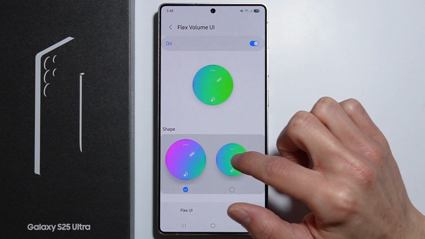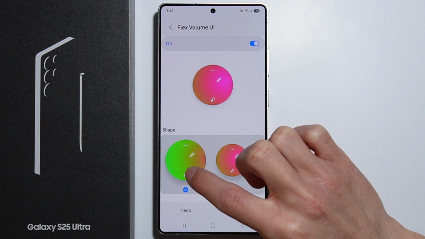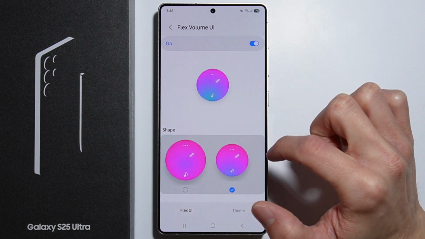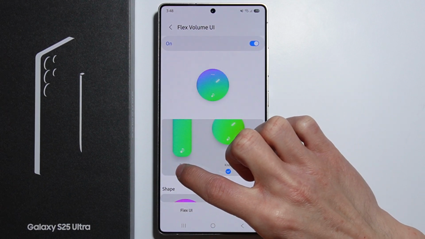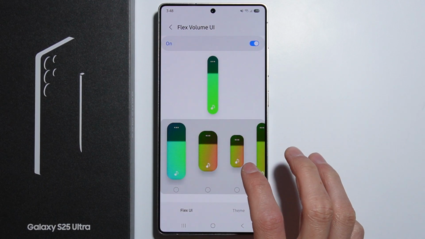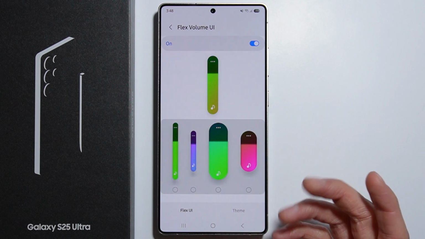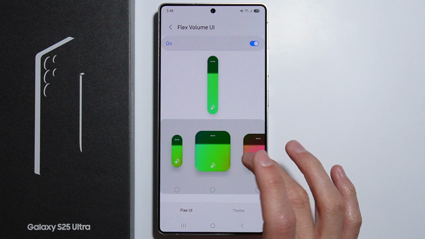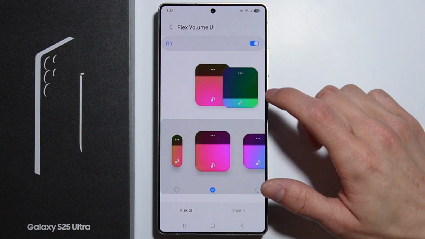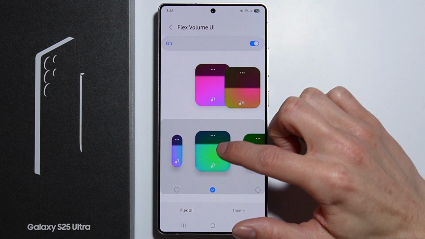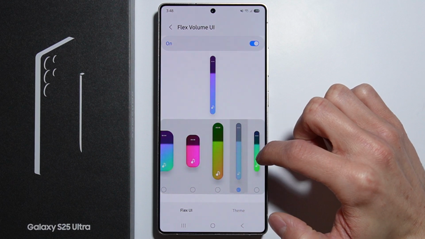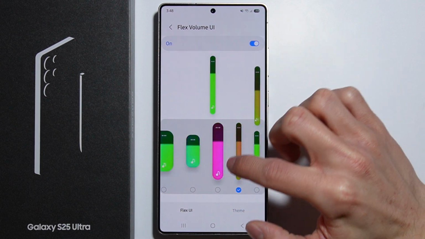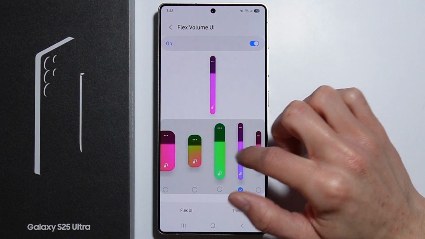And next we can also change the shape. The knob, we can make it smaller or bigger, but in case of the bar, we can actually make it longer or smaller, thinner, bigger, something like this. We can change its shape. Basically, as you can see, here is the shape of the square. Some kind of square. You have just a long thin bar, and that's basically all you can do right here